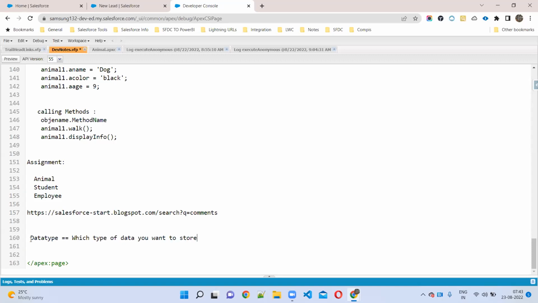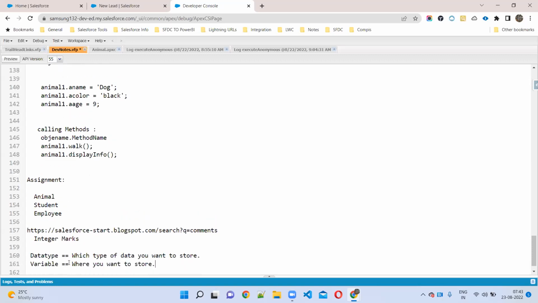Okay. ఏ డేటా కావాలో దాన్ని data type. Variable is nothing but where you want to store this data type. For example, I want to store integer. I want to store marks, a number. So marks is nothing but what, sir? Number. Integer, right? Yes. So here integer is a data type. Where you want to store this number? Marks. Marks is a variable.